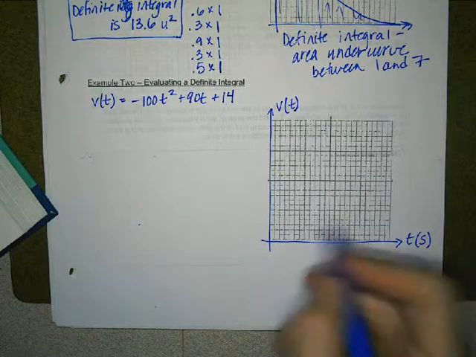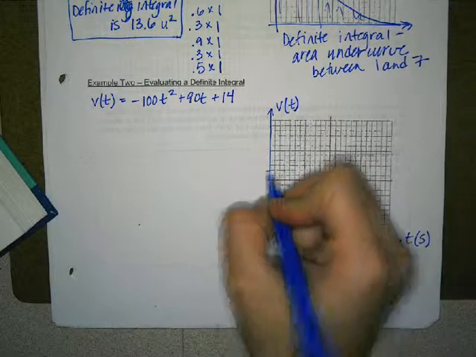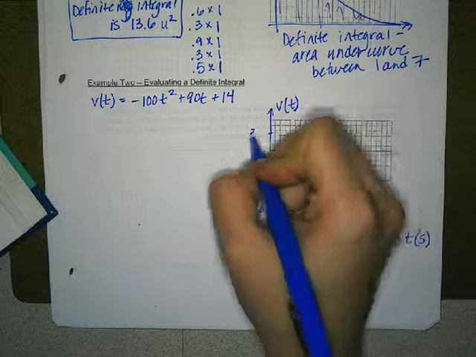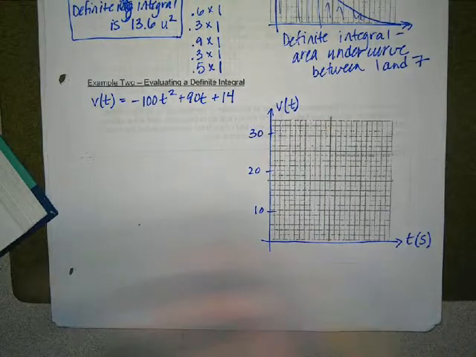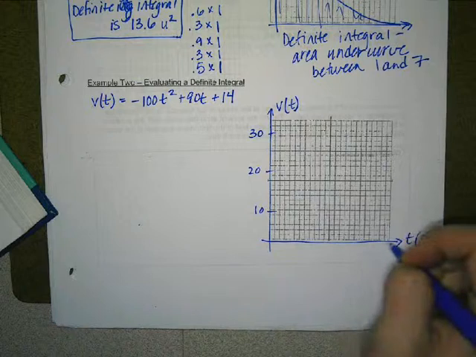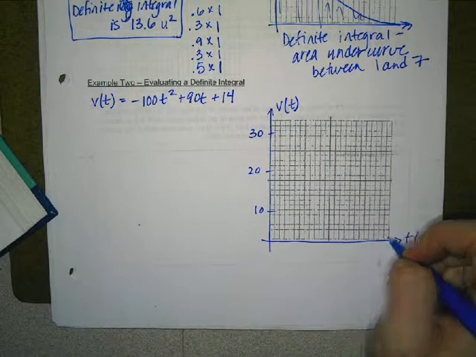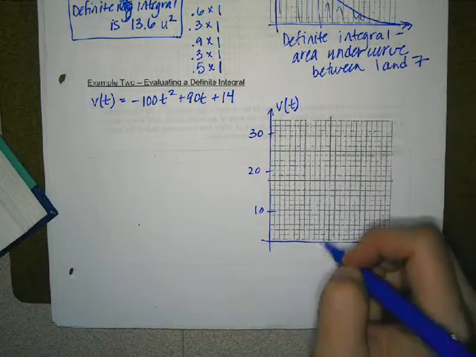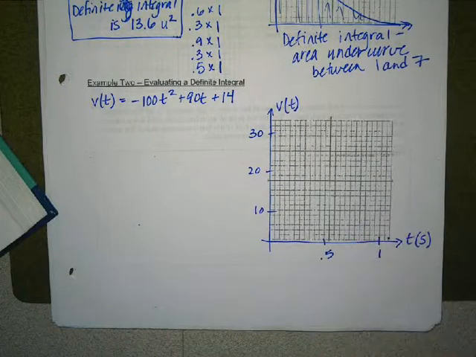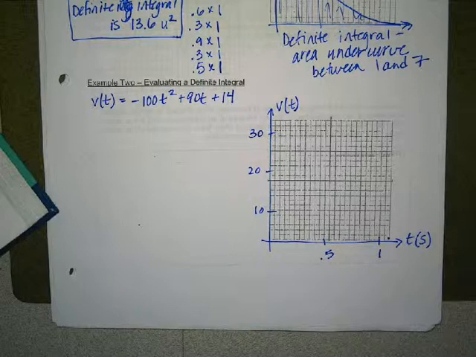Mark a 10, a 20. I've already graphed this to hopefully alleviate some of the time here. 10, 20, and 30. And then mark that as 1. And then halfway in between is 0.5. Doesn't have to be perfect. I'm telling you that we're supposed to estimate